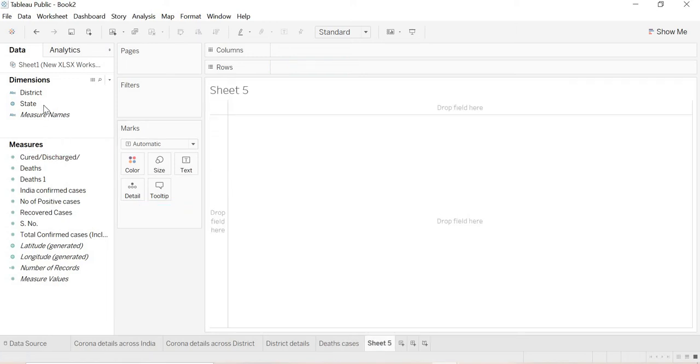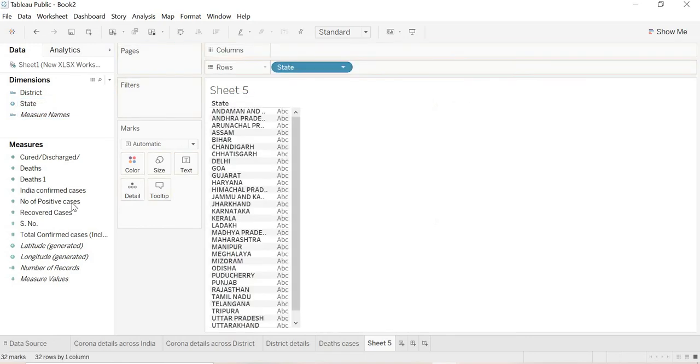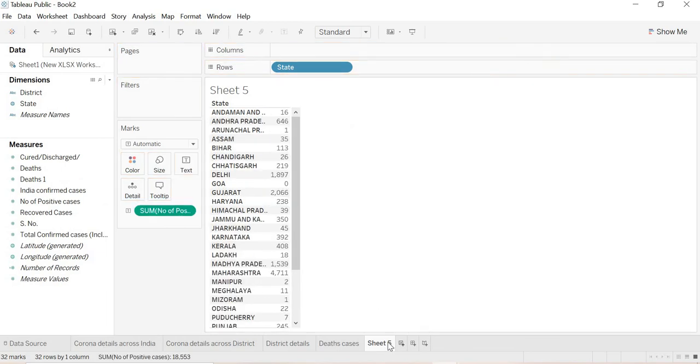We'll make one more sheet with the number of positive cases. Okay, we'll put it here. We'll rename this sheet as confirmed cases.